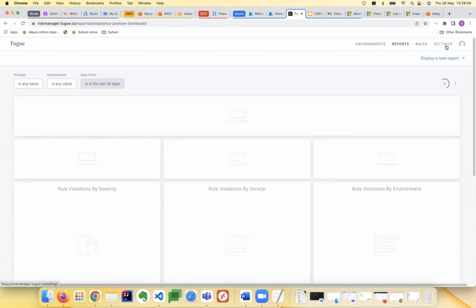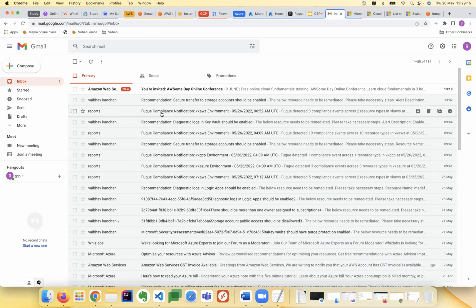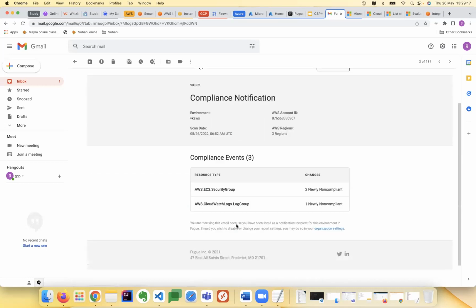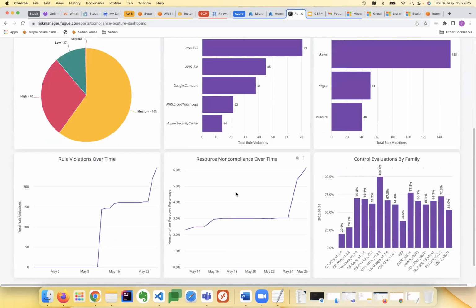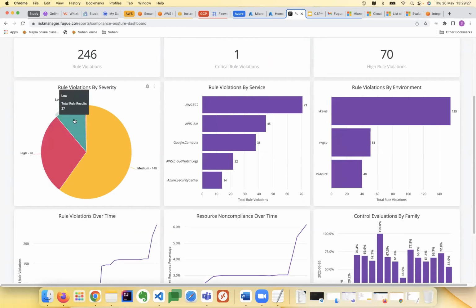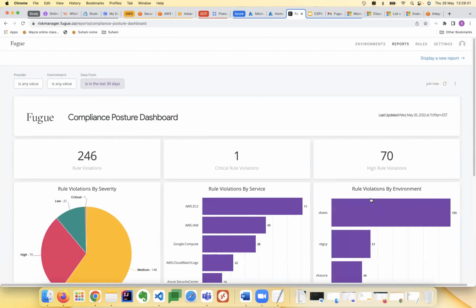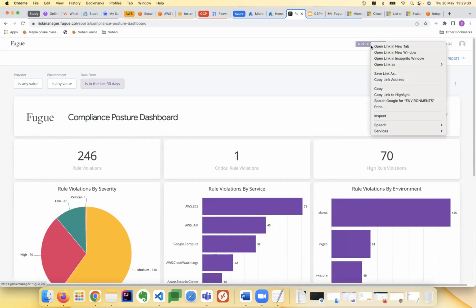You can also send the policies via email. I've already got an email: as soon as you are done, it will send you a compliance notification. So this security group is newly non-compliant, and you can go to the page and check which resource it is. Here it shows the pictorial representation, the rules by policies, AWS EC2 and all, and we can have a similar thing for the other compliance. So as I go to another environment here,